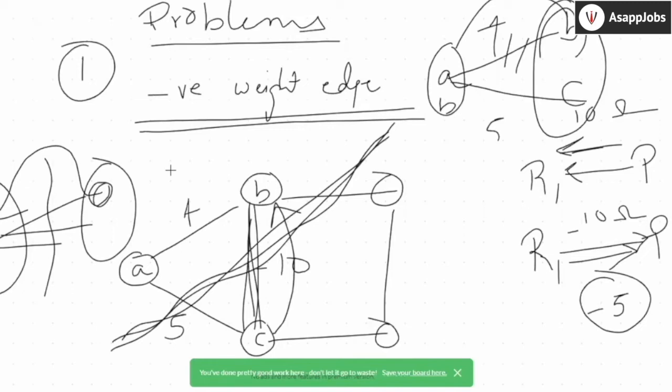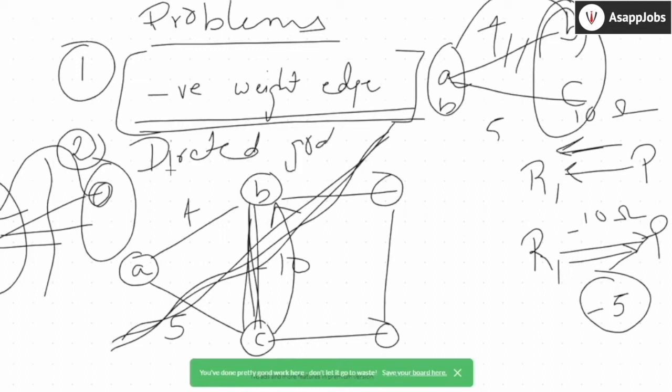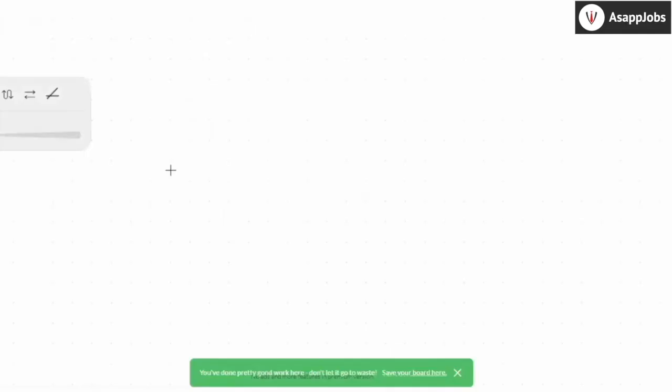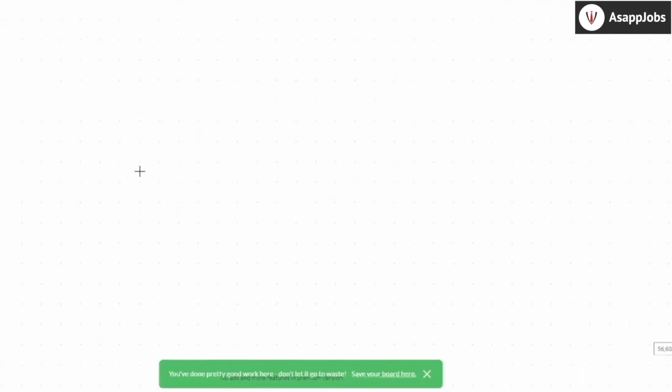If there is a negative weight edge, since it's a greedy algorithm, if it picks a positive weight edge before to reach a particular node, it is not going to consider a negative weight edge that might be used to reach that node again. So it doesn't work for negative weight edges. So that's the first condition. Second one, it is not a good algorithm for directed graphs. Just remember that.